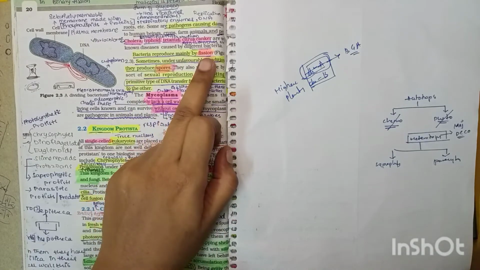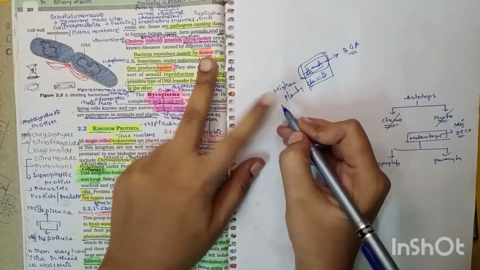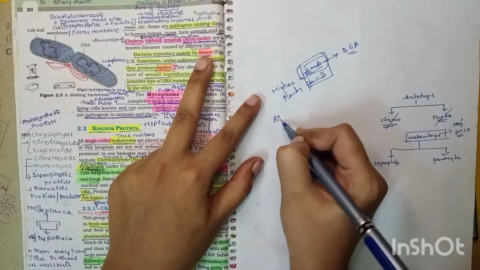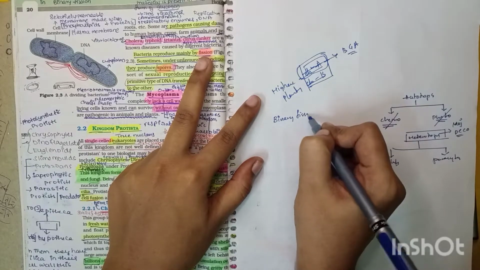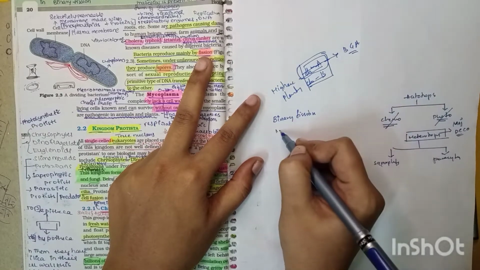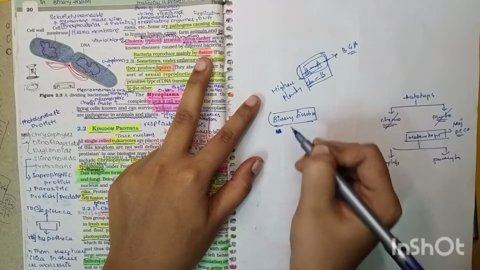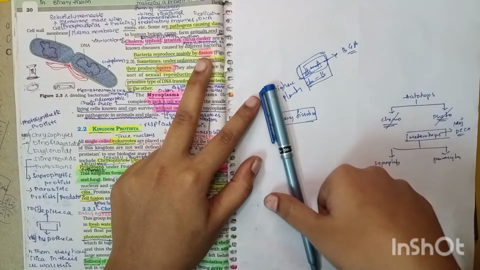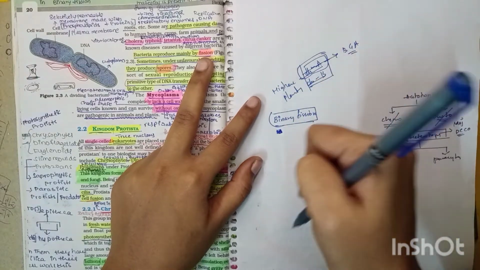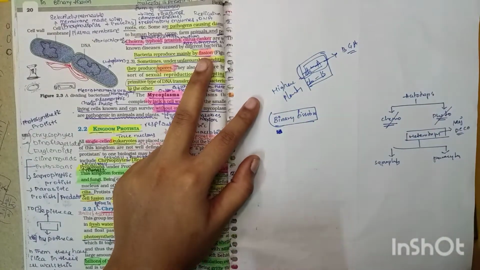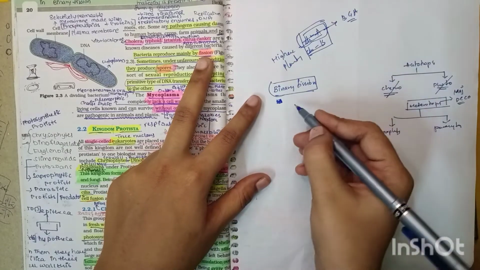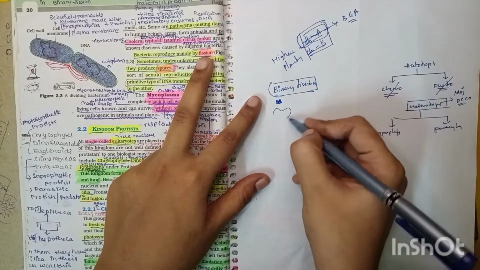Bacteria reproduces mainly by fission. Now what is fission? It may be binary fission. Mainly by fission. Now what is binary fission? You all know binary fission in the sense, if this is a